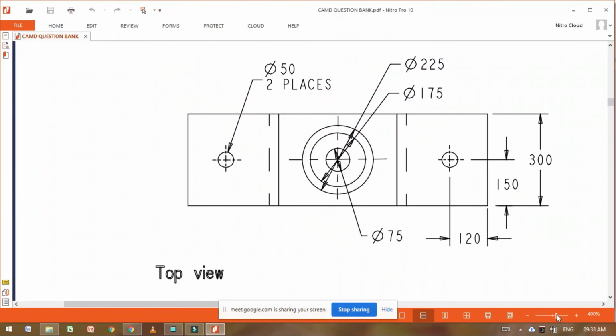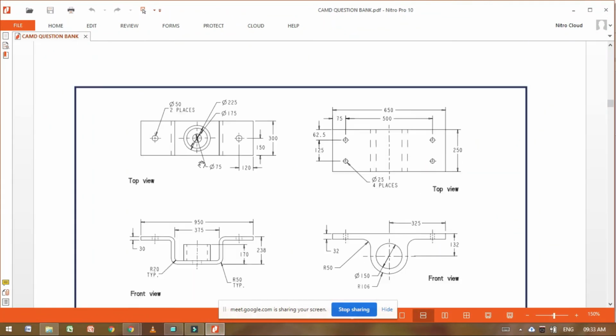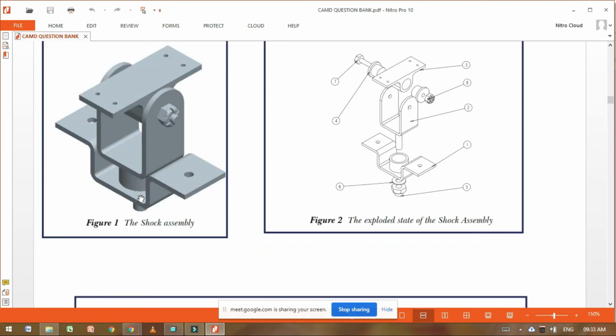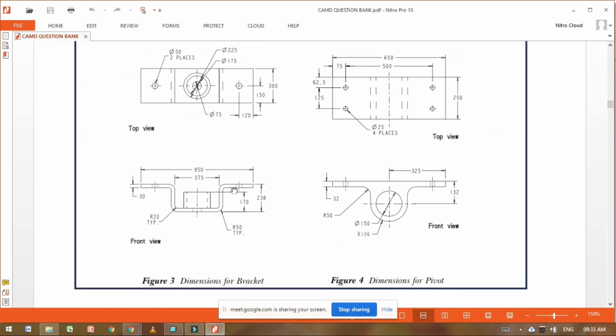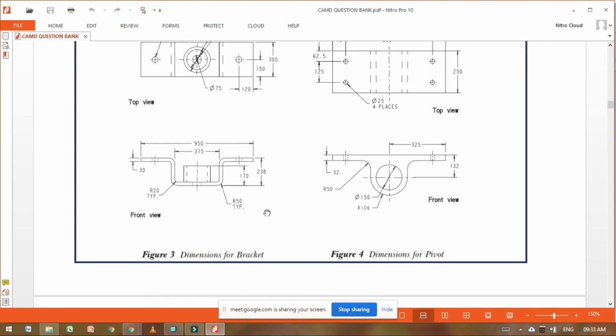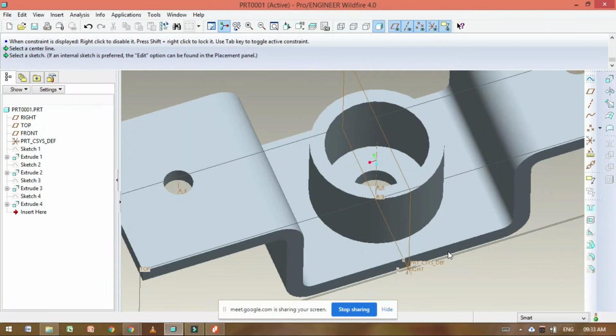See, this is your sketch. Only one part we have taken here. It's the bottom part. Here the number of parts we can see: 1, 2, 3, 4, 5, and at the bottom 6. So these parts we can draw, and this sketch we have taken, and this is the bracket in this assembly. So we can complete this bracket easily. This is the part.